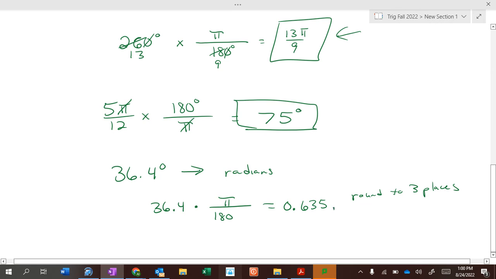0.635 radians. Okay. So some of these you can use your calculator for. It'll make it really easy. Others, you'll want them in fraction form. Okay. So that's the basics of radians. Now,